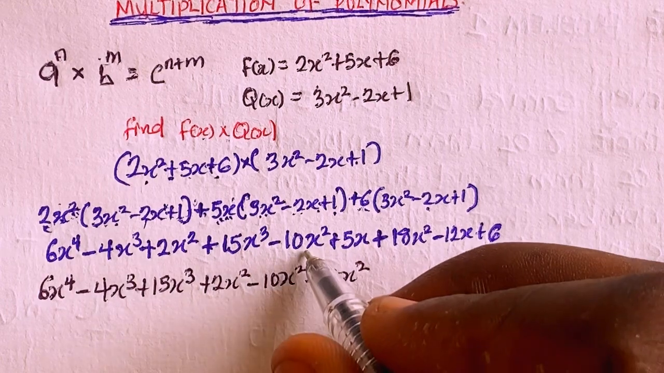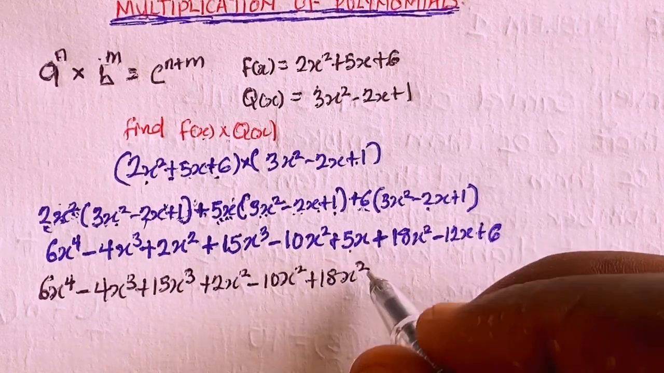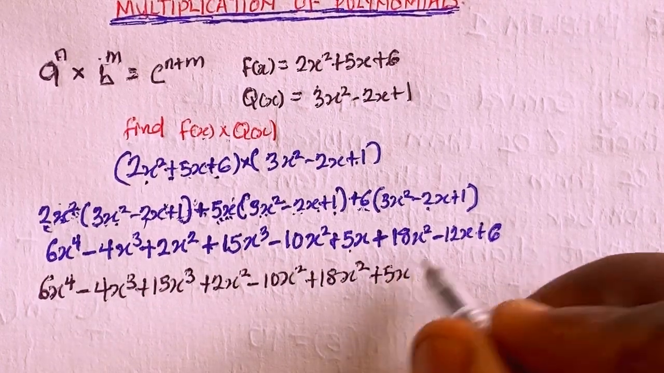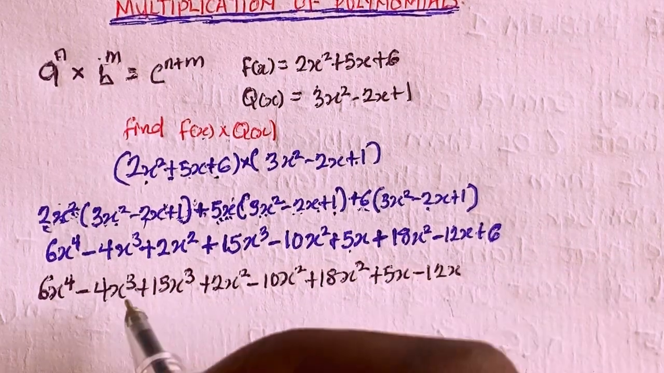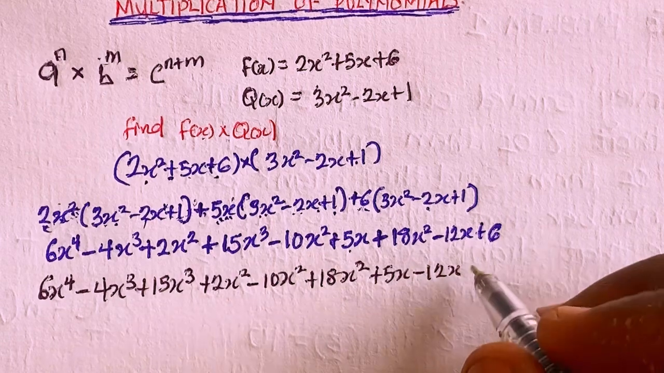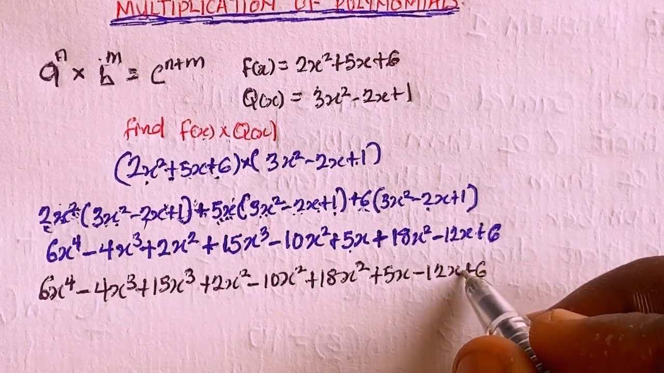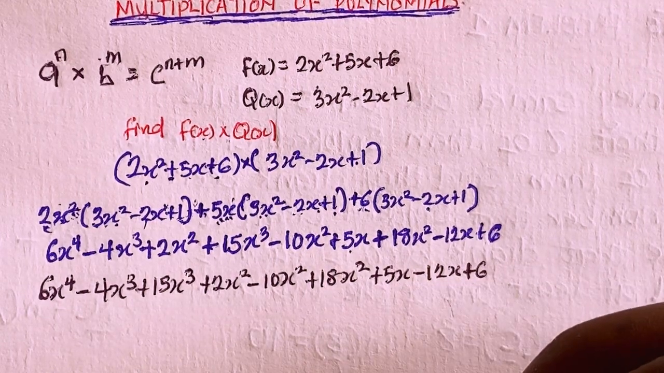Then here we have plus 5. That's plus 5x. Then another one we have minus 12x. Then after that, what other thing do we have? I think we have plus 6. Right? So once again, we go ahead and